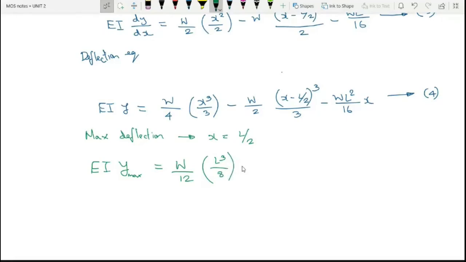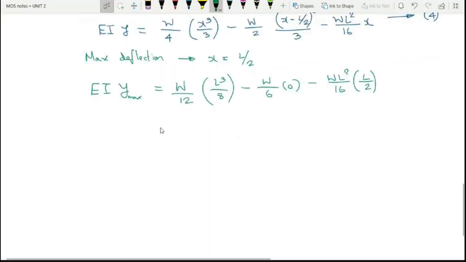Minus W by 6 is a common term here; L by 2 if we substitute will become 0. Minus WL square by 16, x will be L by 2. So what will you get? WL cube by...